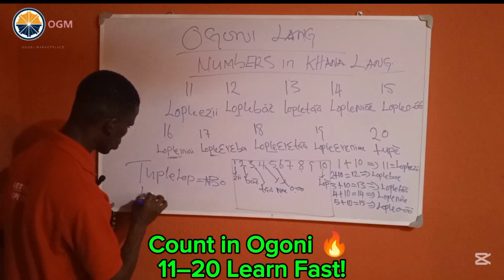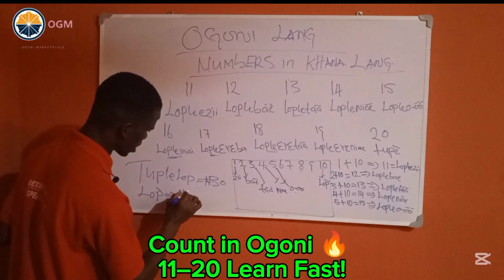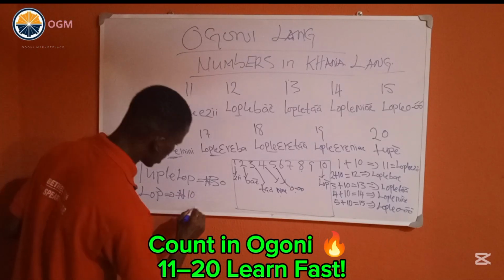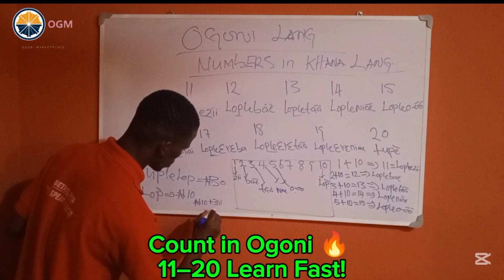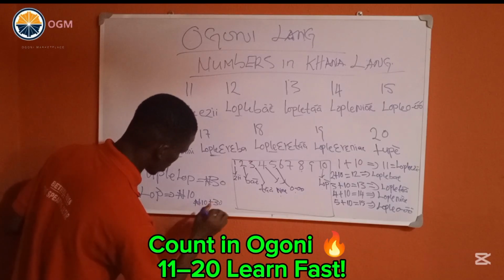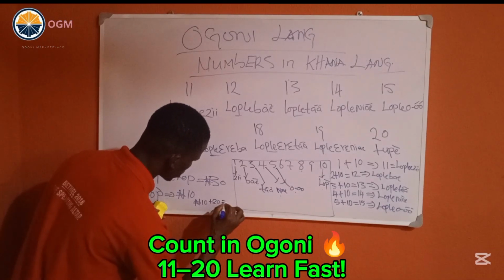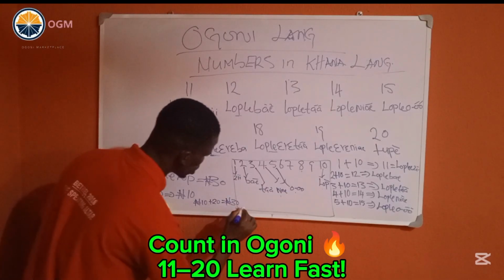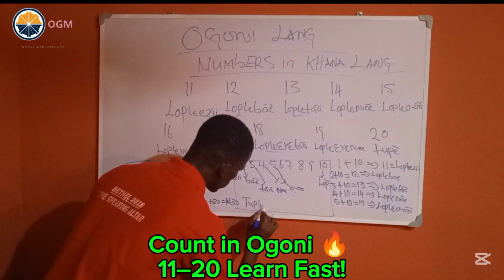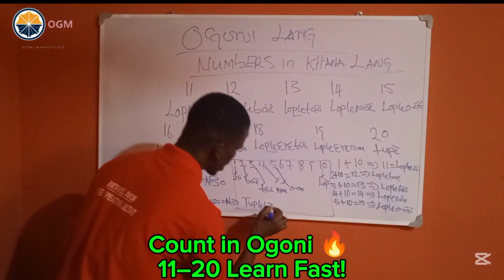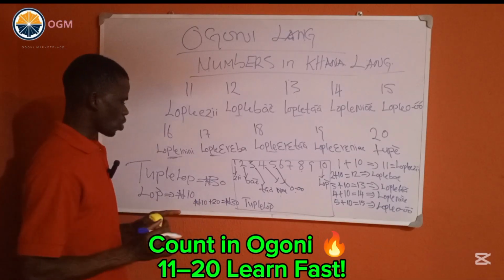Then here loop, which is equal to 10 naira. Put the naira sign. 10 naira. So if you add 10 naira plus 20 naira, not 30 naira, it will give you equal to 30 naira, which is called tup le lo in Kana Ogoni language. So in our next video will be on how to count money in pure Ogoni language,